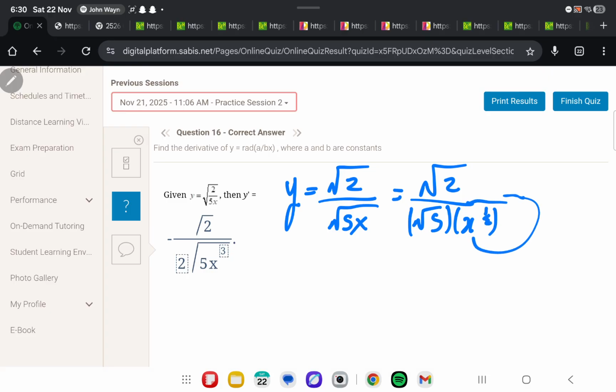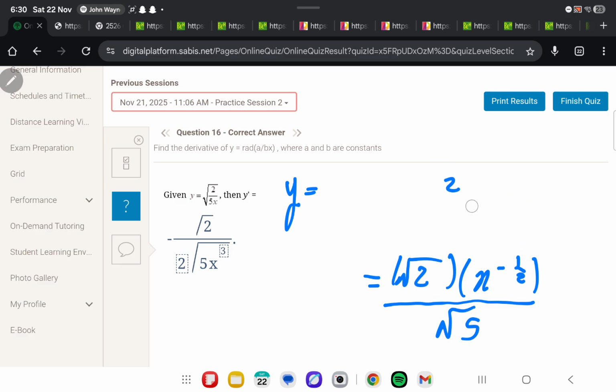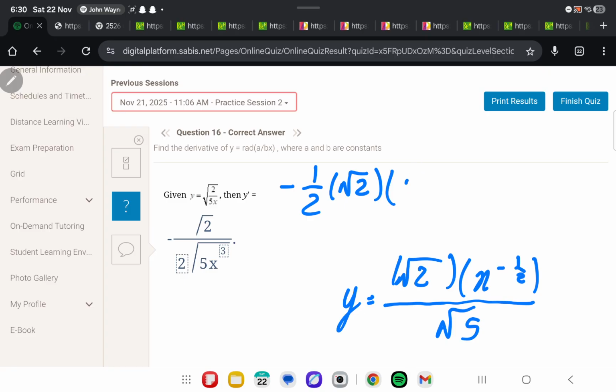Okay? Why? Because you're going to take it up. So you're going to do radical 2 into x to the power of negative 1 over 2, because remember, we took it up, and it belonged down originally. So radical 5. So this is why. I don't need all of this anymore. Okay, now you can derive this. So you'll get negative 1 over 2 times radical 2. What's negative half minus 1? Negative 1.5, right? Negative 0.5 minus 1, negative 3 over 2. So x to the power of negative 3 over 2, which is negative 1.5, over